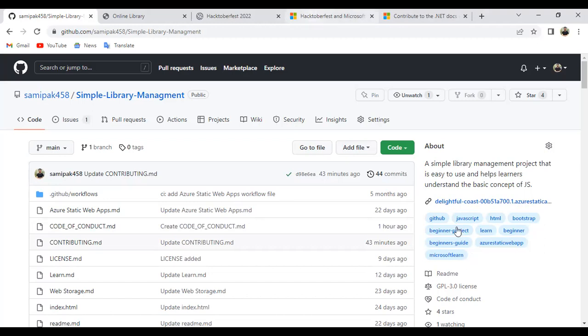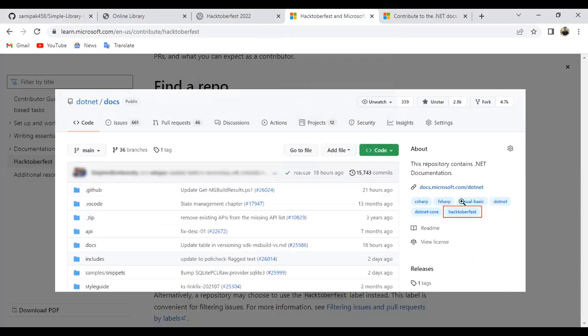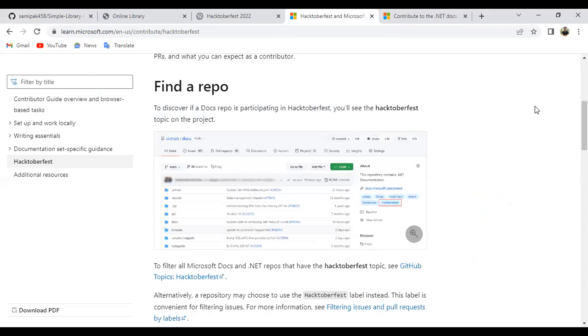Okay, so the next thing, it is very important: if you are planning to contribute in Hacktoberfest, this label should be mentioned. If not, then that repository is not participating in Hacktoberfest.